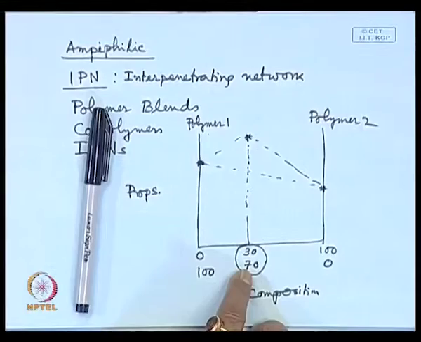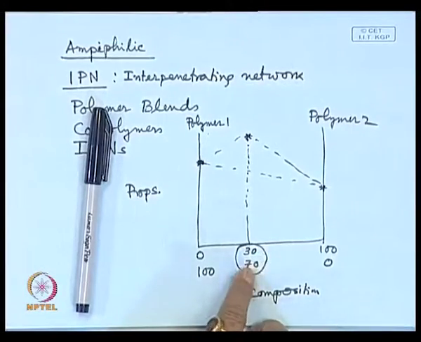You take granules of polymer 1 and polymer 2, that will be a heterogeneous mixture, and from that you cannot make a product. In order to make a product in this 30-70 composition, what you have to do? You have to mix them, blend them either in solution phase, in a single homogeneous phase, or you take 30 parts of one polymer, 70 parts of another polymer and heat them and mix. So, either by melt blending or by solution blending you can make a polymer blend.